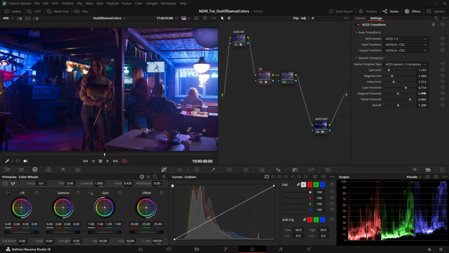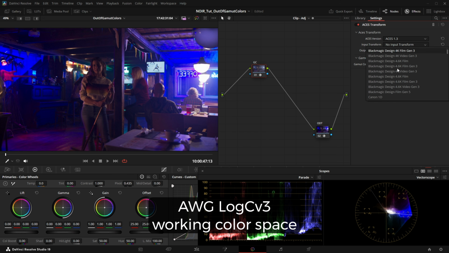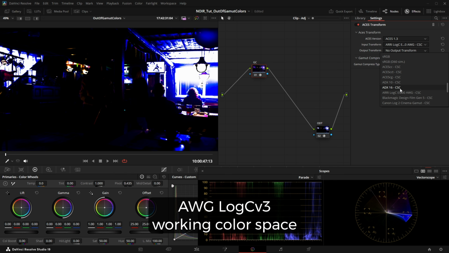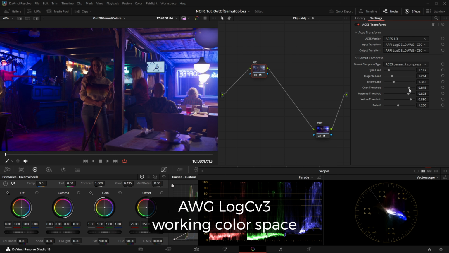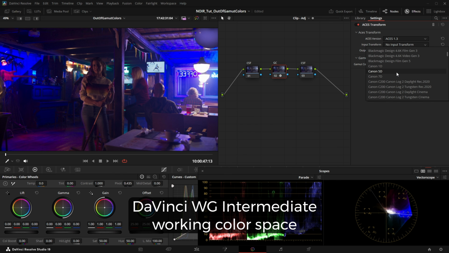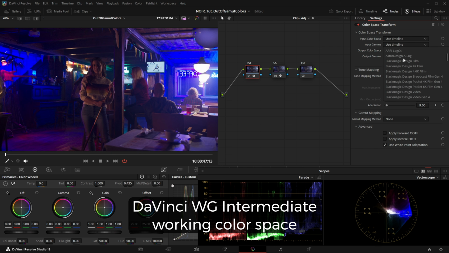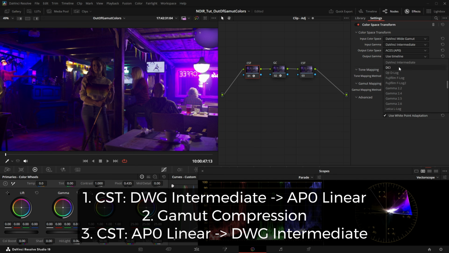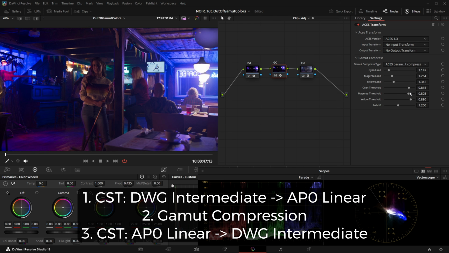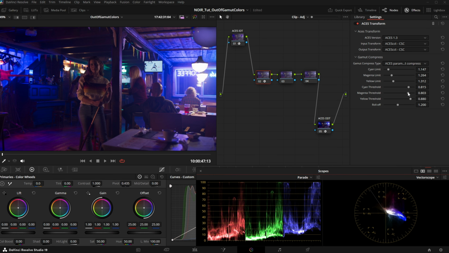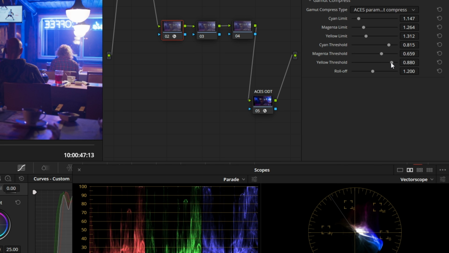But you can also use this tool even if you don't use ACES as your color management system. You just need to select the right input and output color space inside the ACES Transform OFX. And if you can't find a color space here, for example DaVinci Intermediate, just add a CST before and after that converts to ACES AP0 linear and back again. The cool thing about this plugin is that it comes with a bunch of sliders, so you can tweak the tool just the way you want